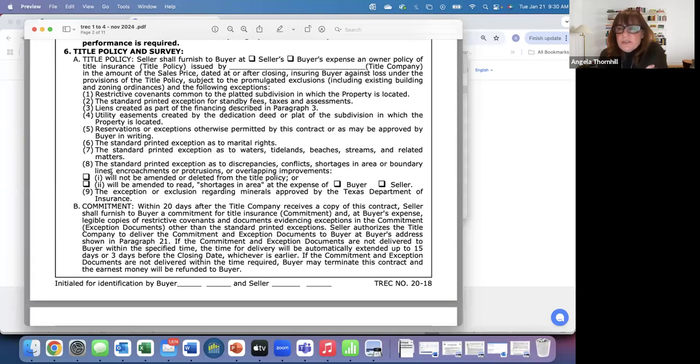It just gives you some extra protection in case there is some type of shortage in area. And again, it's usually a checkbox. I'd say more times than not on this one, even if the seller is buying the title policy, the buyer usually will opt to pay for